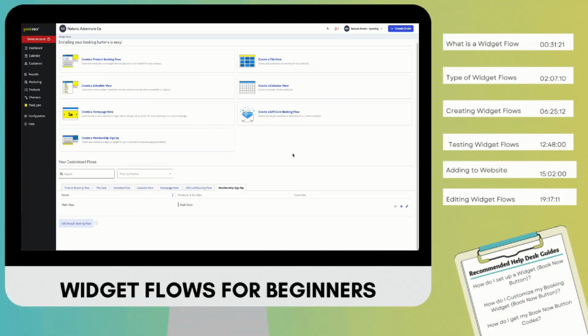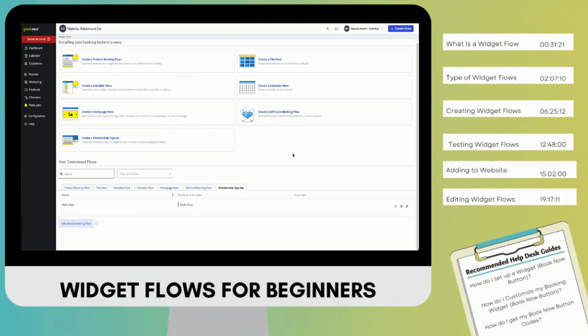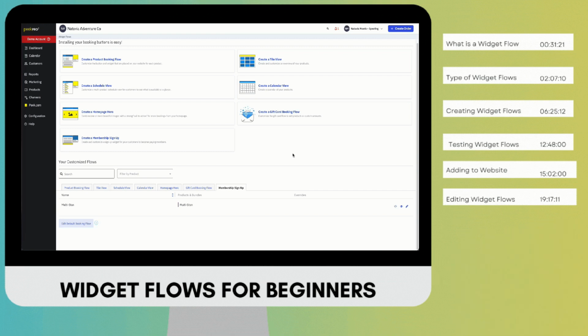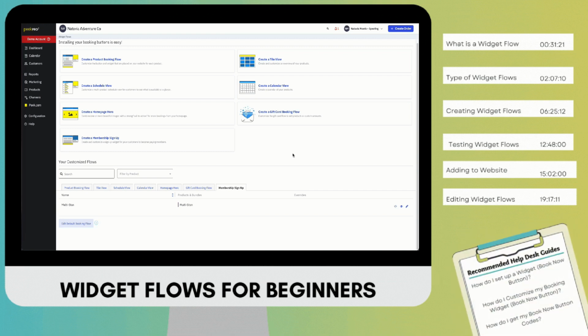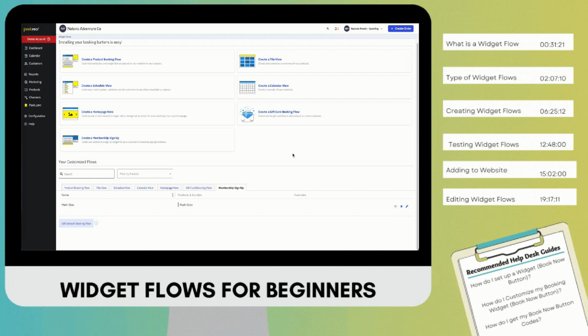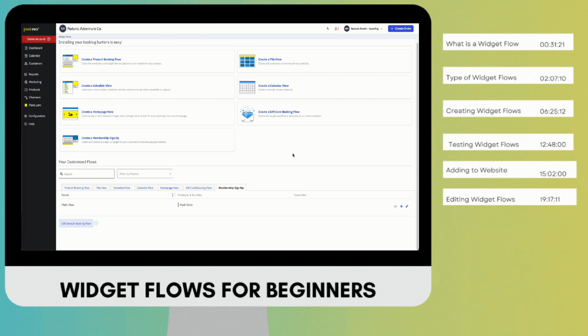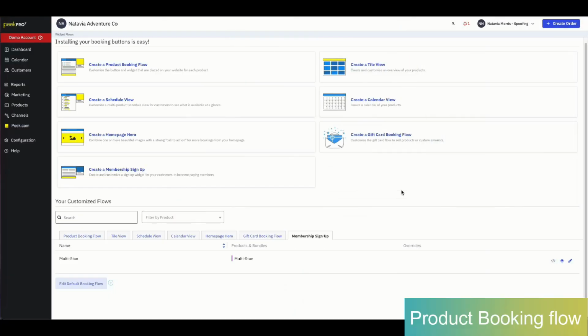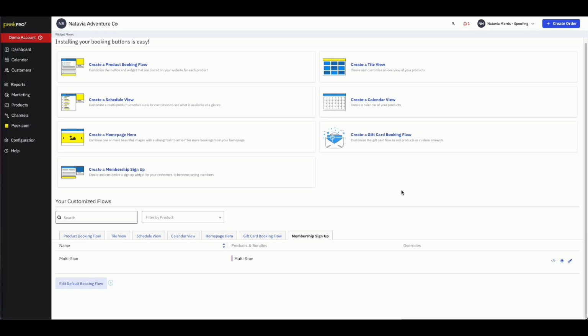Okay, let's get into creating a widget flow. For this video, because this is our beginner-friendly video, we're going to talk about the two top booking flows that you'll be creating, which is a product booking flow and a tile view. We recommend creating a product booking flow for each product just because that allows you to customize it for that product and tweak the customer experience a little bit. And it's just easier to have it done when you initially create the product